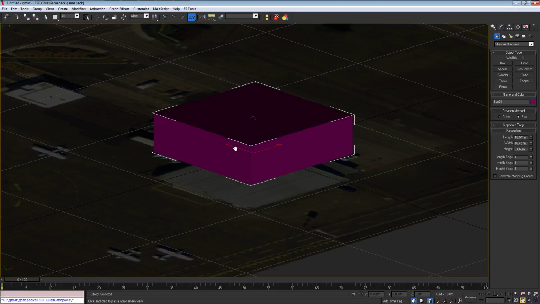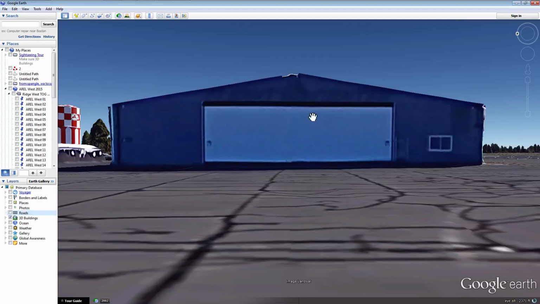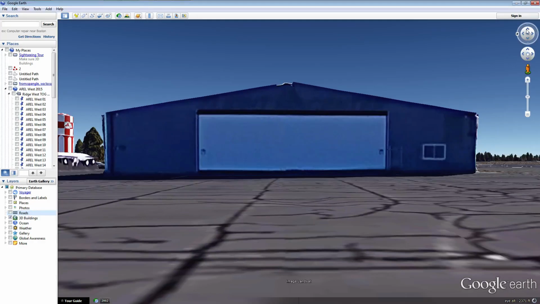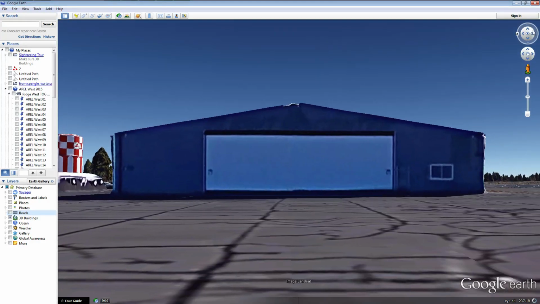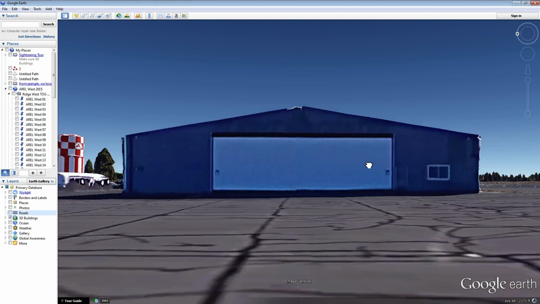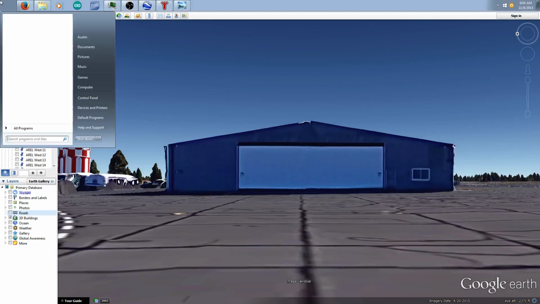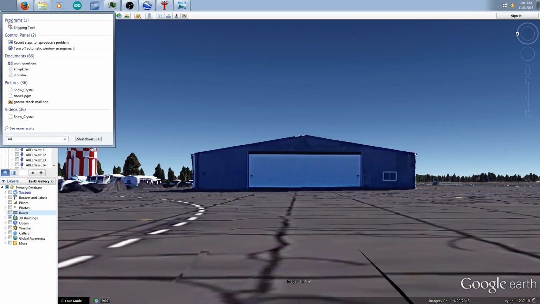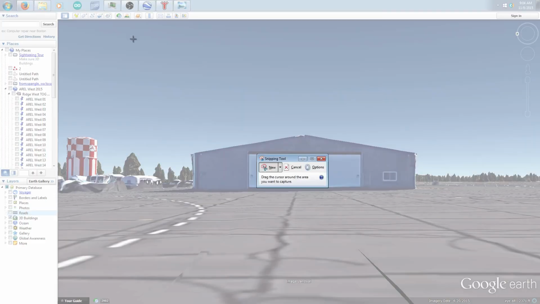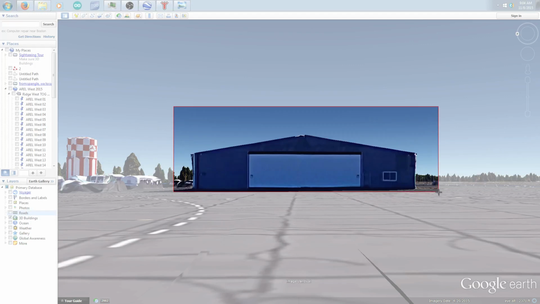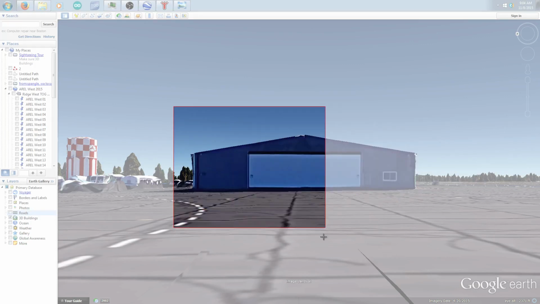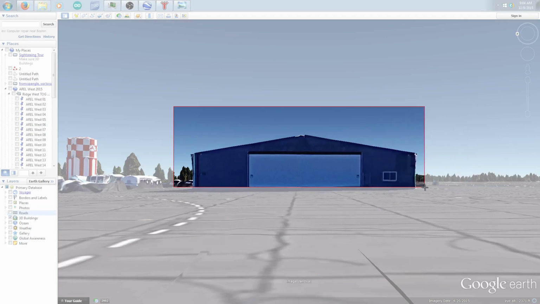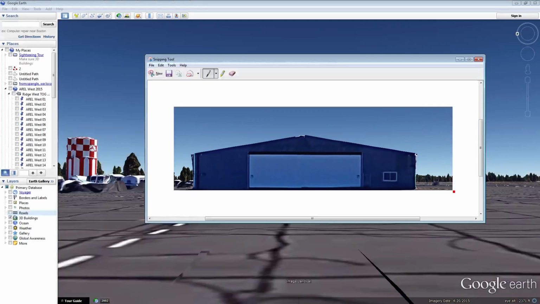once I'm done modeling. But yeah, back in Google Earth here, I'm just going to grab a quick snapshot of this. If I can get it somewhat square, somewhat centered, maybe out this way. I wish I could get off the ground a little bit more, but oh well. If I come back a little bit further, that might help. And then I use the snipping tool quite a bit to grab random images, and I'll just grab like, probably want to cut off all the asphalt down here, so I'll snip it right about there. Okay, so let me save that,